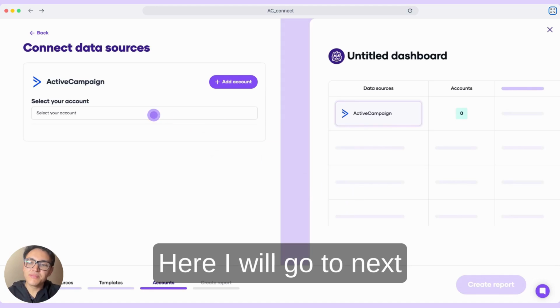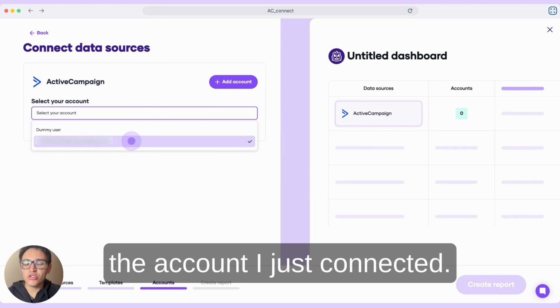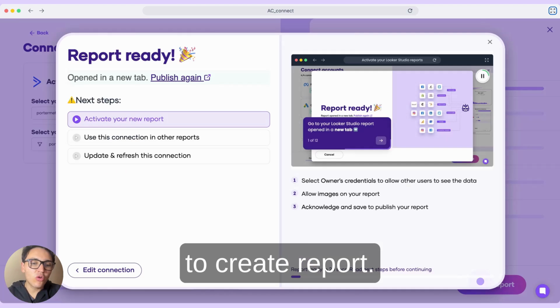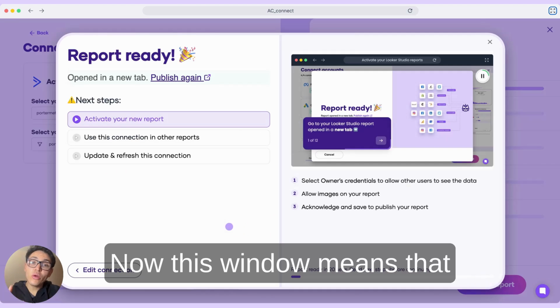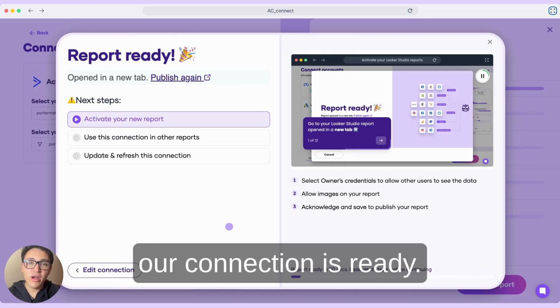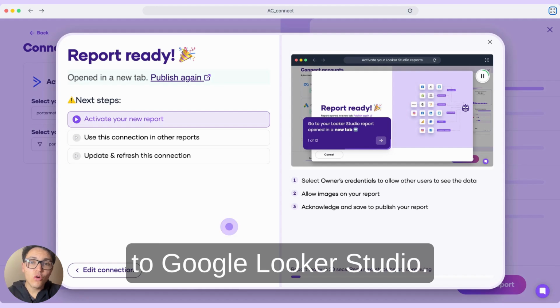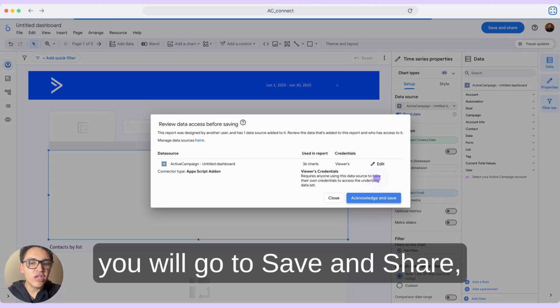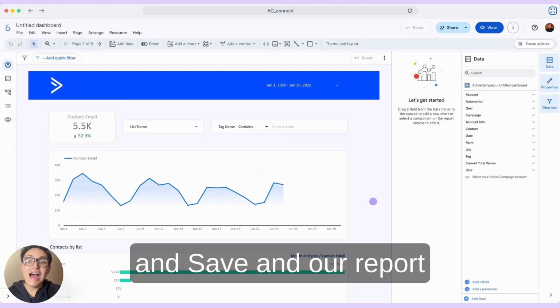Here, I will go to next, and now I will select the account I just connected. I will select this one in particular and go to create report. Now, this window means that our connection is ready. We will be redirected to Google Looker Studio. Once our report is loading, you will go to save and share, click on acknowledge and save, and our report